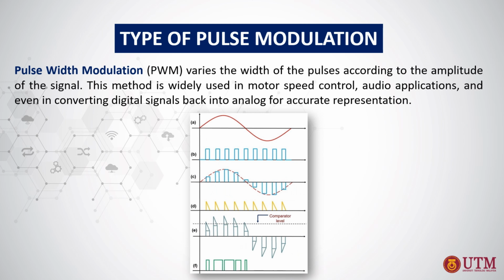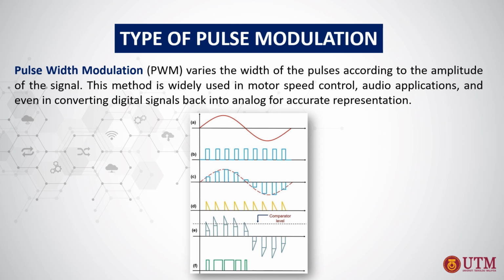Pulse width modulation is a technique that modulates the width of each pulse in a pulse train based on the amplitude of the input signal. By varying the pulse width, PWM effectively encodes the signal's amplitude information into the duration of the pulses, allowing for precise control over the power delivered to a load. This method is extensively used in motor speed control, where adjusting the pulse width can finely tune the motor's speed